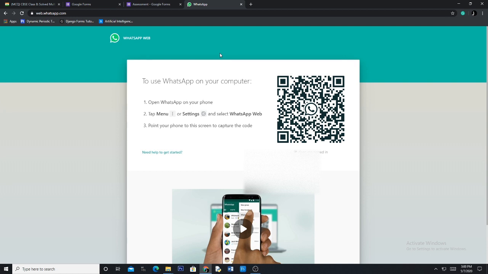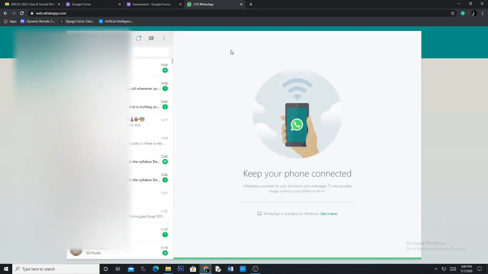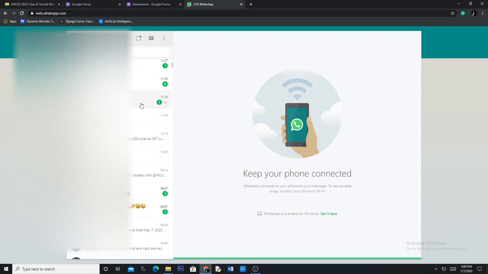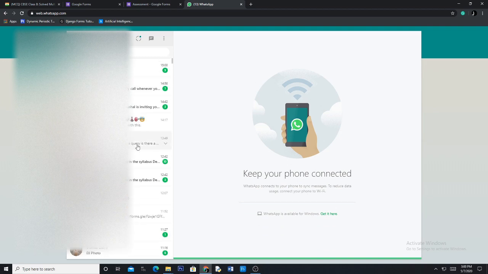You have already generated the link, and this link can be copied and pasted at any place you want. You can mail it to yourself also, but at 10 o'clock when the exam has to begin, during that time you have to send it to a child.